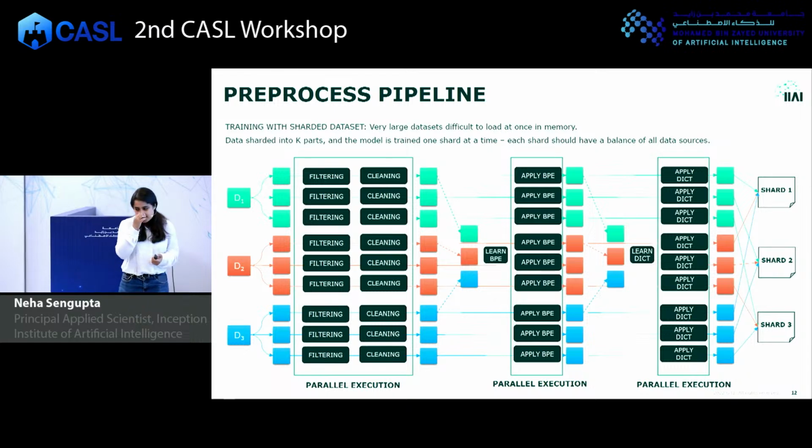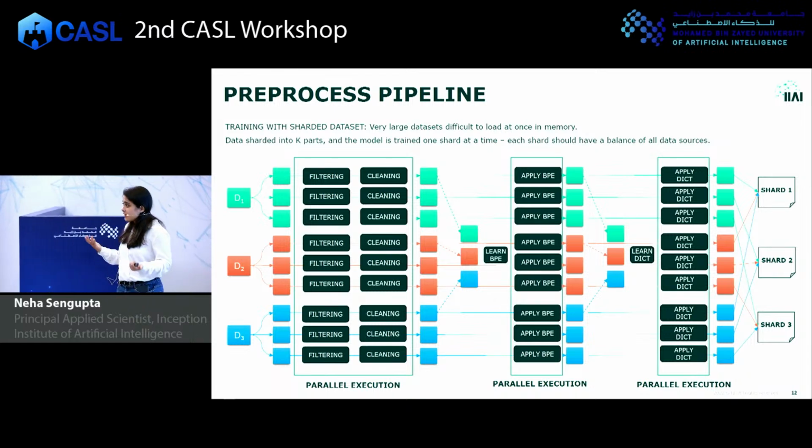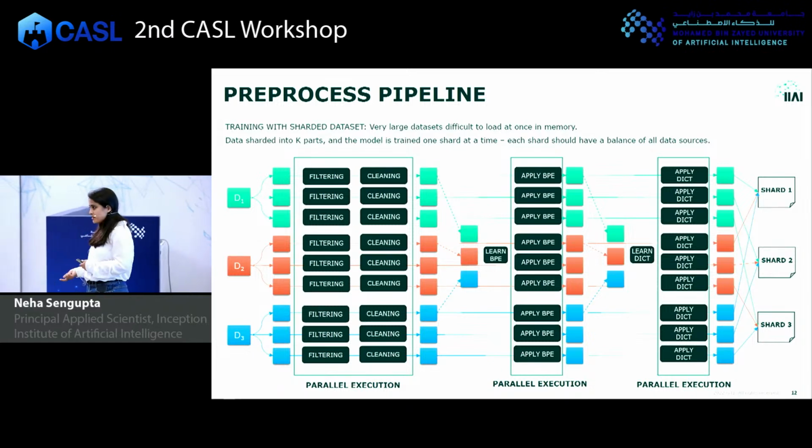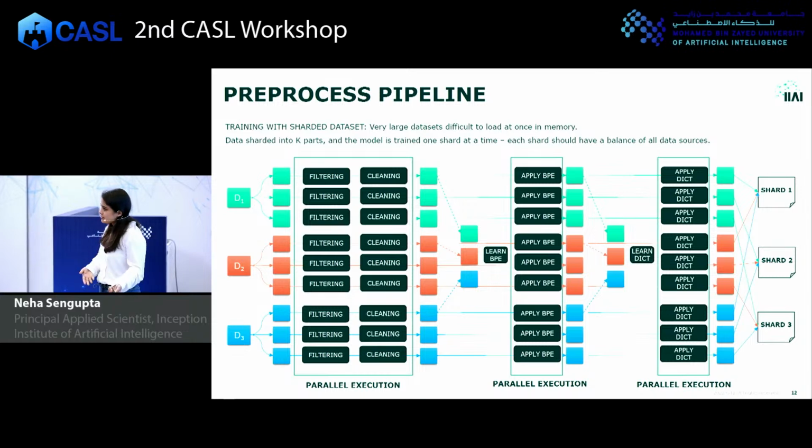Okay, so note that our data set is very large, right? And this means that if you're going to train with this data set all at once, it has to be loaded into the RAM, and the RAM is not sufficient, so it will explode. So we usually do sharded training, which means that the data set is split into multiple parts, and at a time, only one shard is loaded into memory and trained with, right? So your one epoch is actually just one shard of your data, right?